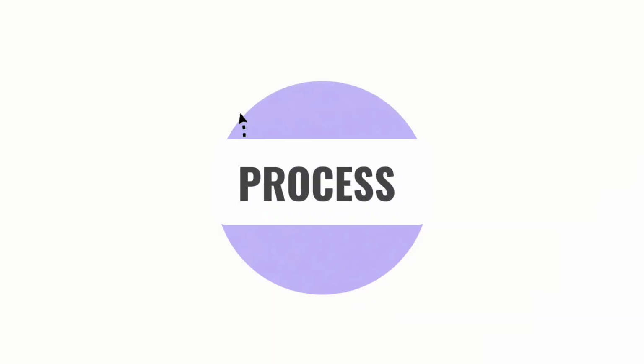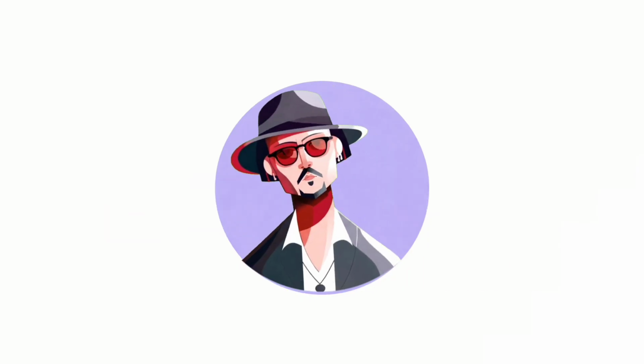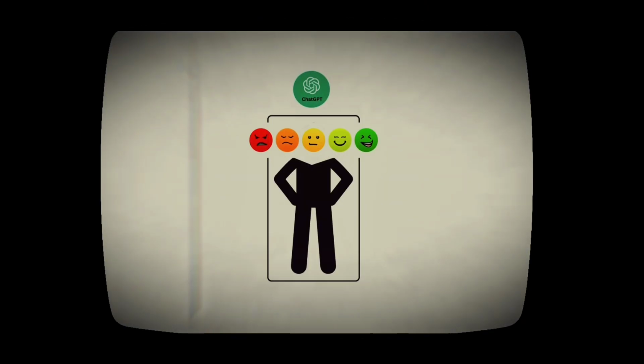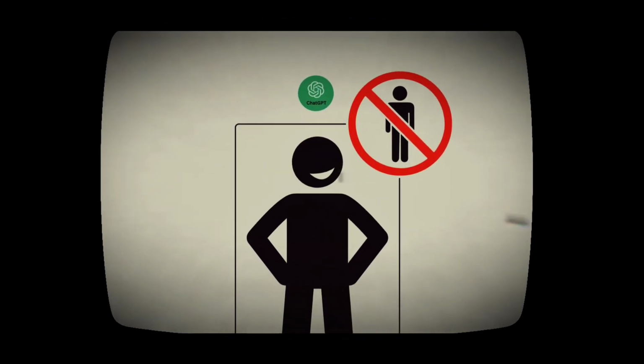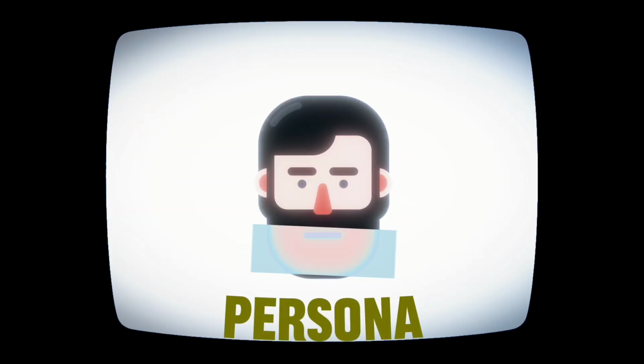Step number 1, you have to lock the character. Now, character does not mean the face. Character means behavior. Basically, you use ChatGPT to decide how this character reacts to things. Does it like humans or not? Is its humor innocent or a little savage? Is it talkative or slightly introverted? In this step, you are basically defining the full persona of the character. Once your persona is ready, ChatGPT itself will start giving you many content ideas based on that character.